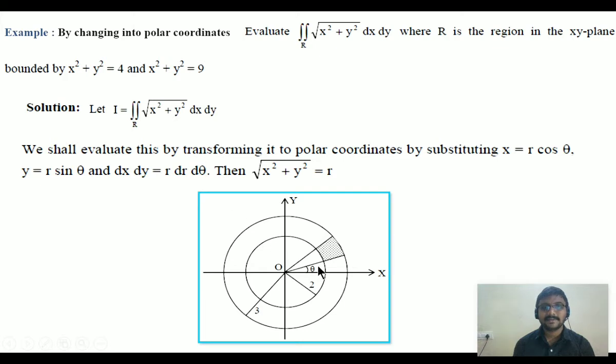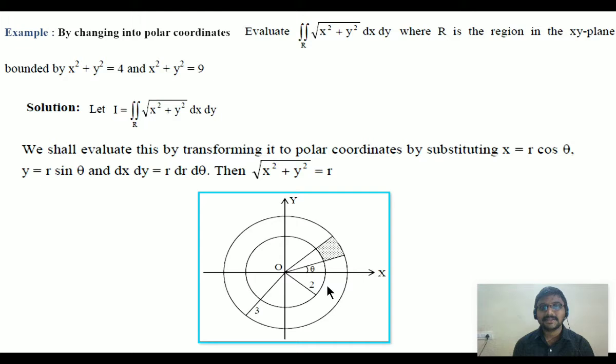The first circle has radius 2 units and the second circle has radius 3 units. So clearly we can take a radius vector here in between the two circles. We can take a strip which is rotating in the anti-clockwise direction. According to the strip, we will have theta limits. Theta rotates from the initial line, that is the x-axis, theta equal to 0, and rotates 360 degrees, that is 2 pi. Thus the limits of theta are obtained.